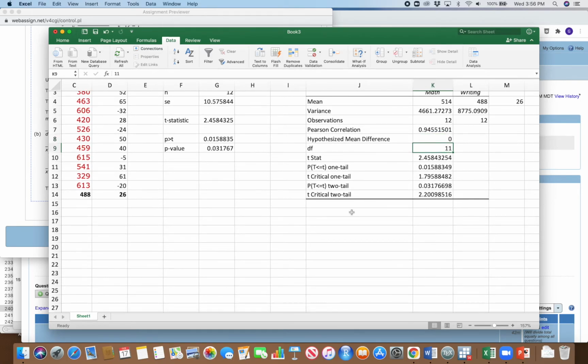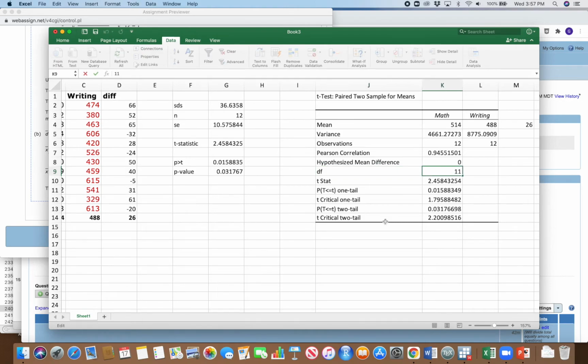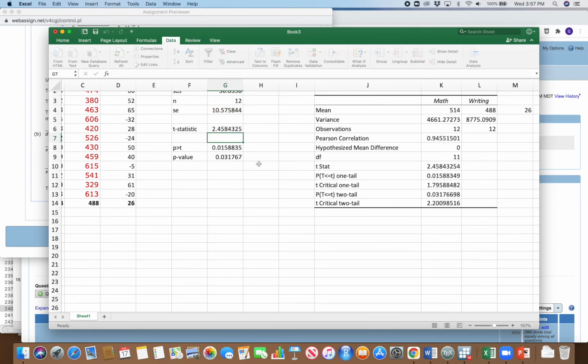Degrees of freedom was 11 because this is a paired test. Using this for unpaired tests is awesome because Excel will produce that number for you using the more complicated formula if you're doing an unpaired test. And that's kind of an annoying formula to deal with. Sometimes Excel is 1 off, and you have to decrease this number by 1 to get the right answer in the book. That's because the book always rounds down, and Excel does not. Here's our T statistic,